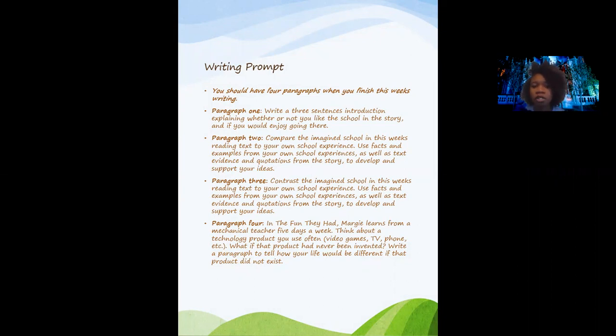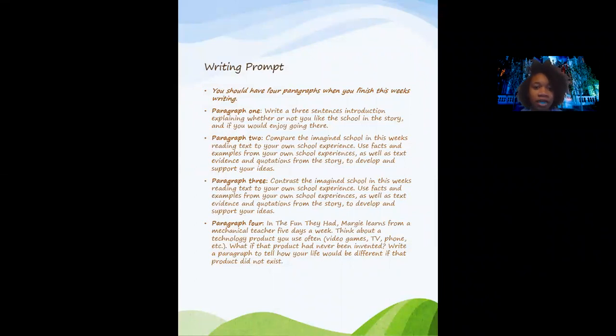So paragraph 1, I want you to stay in the mindset of an essay, because next year you're probably going to have to take the writing FSA, and you've missed a year of writing FSA, which was your first year to take it. So I want you to still be writing in the same format so you don't forget too much over summer break before you get to 5th grade next year.